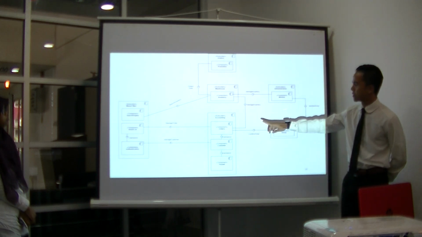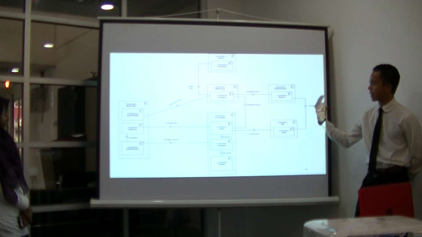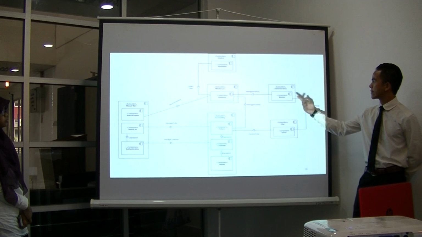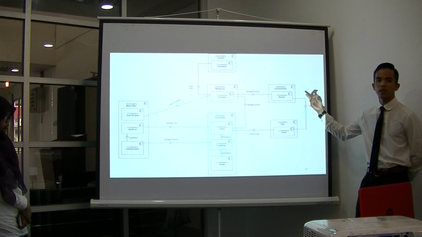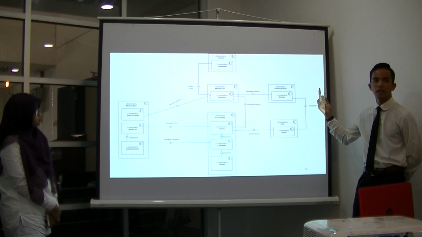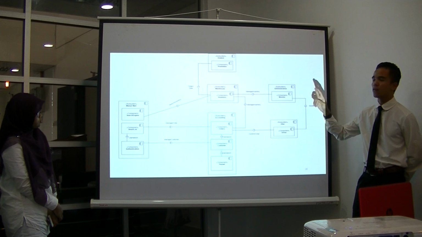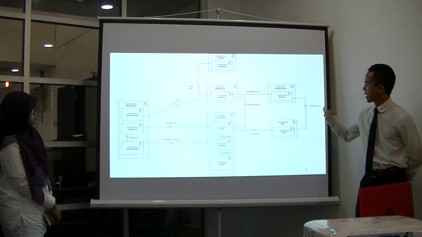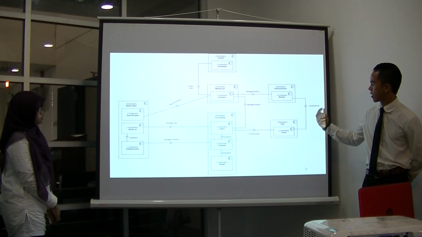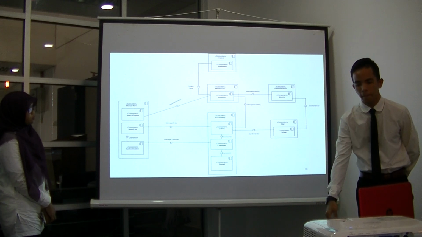And next, the accounting is for the customer to make the payment. And next is the administrator, for the administrator to monitor the Uber delivery to the customers and to monitor the stock of our inventory. Next, regarding the Uber system itself, we collaborate to get the driver to deliver our product to our customer.